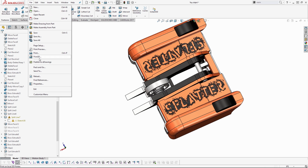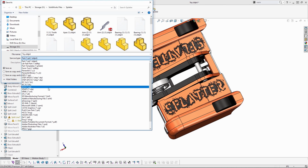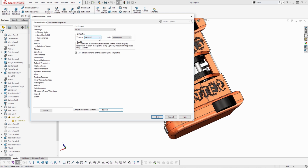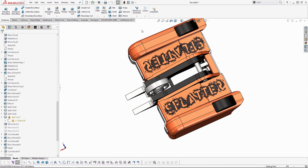we can do a File, Save As, change the Save As type to VRML. Once you change the Save As type to VRML, definitely check the options and make sure that you have VRML 97 selected. It's the older VRML type. It is the one that's used in PolyJet Studio. So you'd save a VRML file. VRML is similar to an STL, but it contains color data. And then you can either send the VRML file